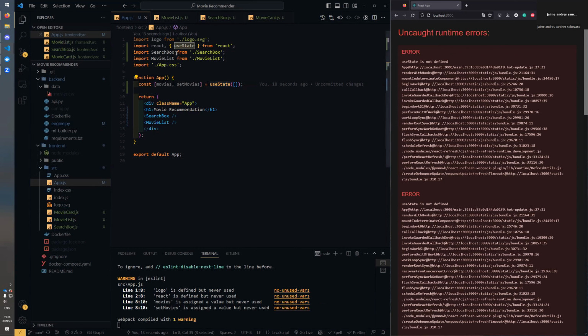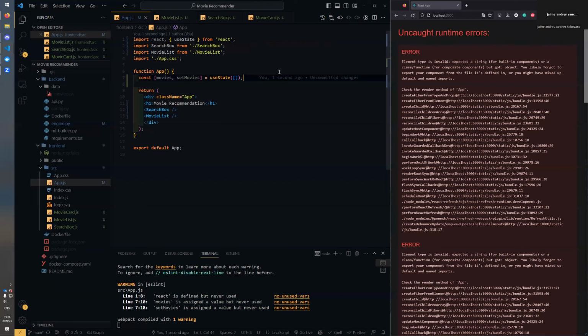The use state is not defined. Also, we don't need this local thing in here too. I'm gonna leave this for now because I'm not exactly sure what this error means, but I think we just need the other code. So with React, our array will be called movies, and we'll have this function that says set movies, meaning we can pass data in, and that will set our movies